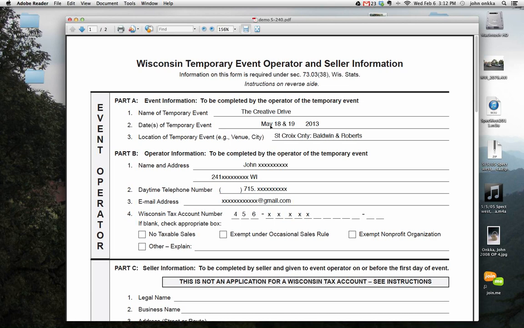So part A of that section is event information. I've entered the Creative Drive, I've entered the dates, and the location is St. Croix County, Baldwin and Roberts area. Part B, this area here, is operator information. That is my personal information, as it says here, to be completed by the operator